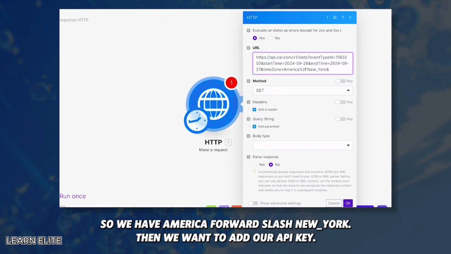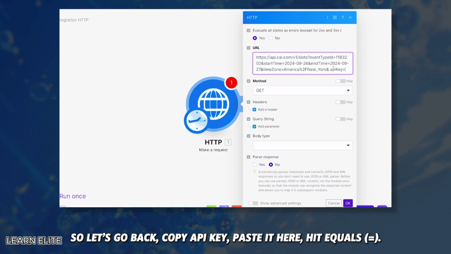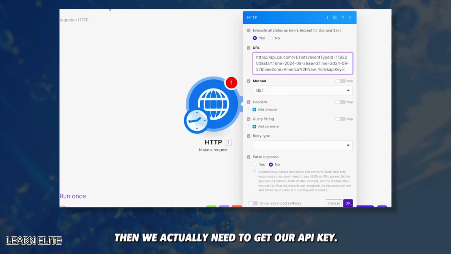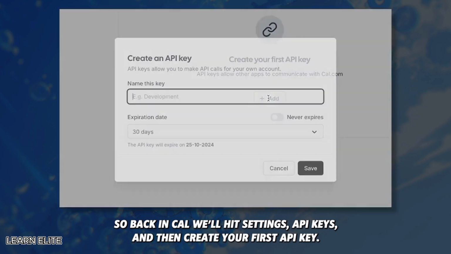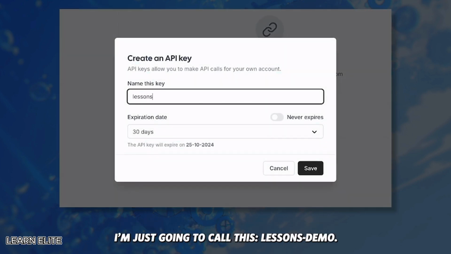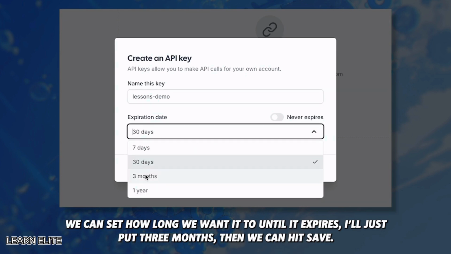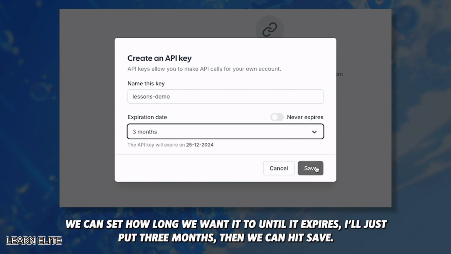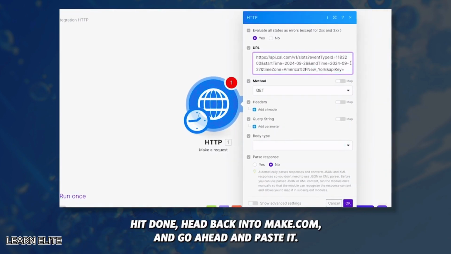Then we want to add our API key. Let's go back, copy API key, paste it here, hit equals. Then we actually need to get our API key. So back in Cal, we'll hit settings, API keys, and then create your first API key. I'm just going to call this lessons demo. We can set how long we want it until it expires. I'll just put 3 months. Then we can hit save. Then from here, we can go ahead and copy our API key, hit done,